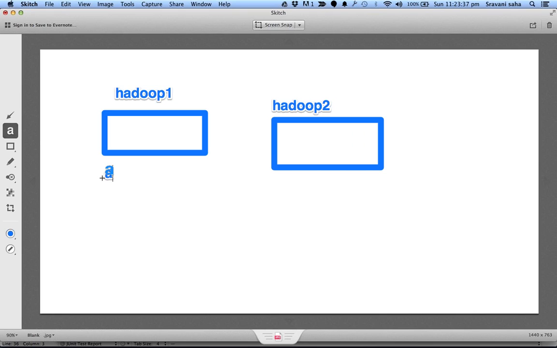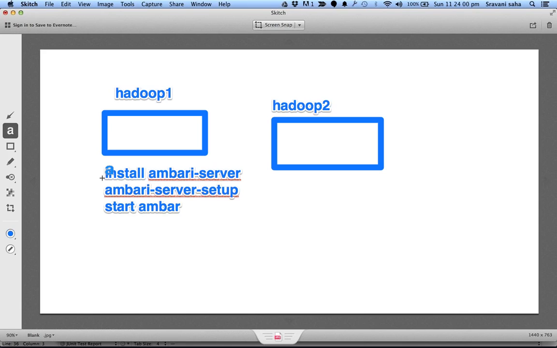First I install the Ambari server. Next I do Ambari server setup, and then start the Ambari server. These are the first things I do.